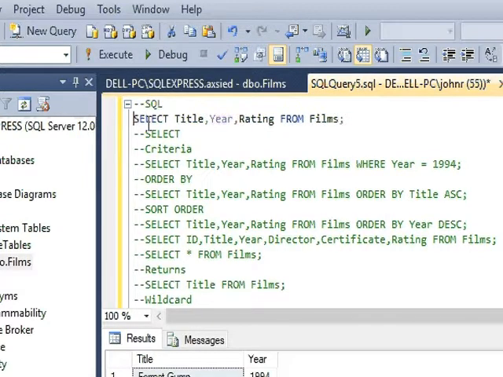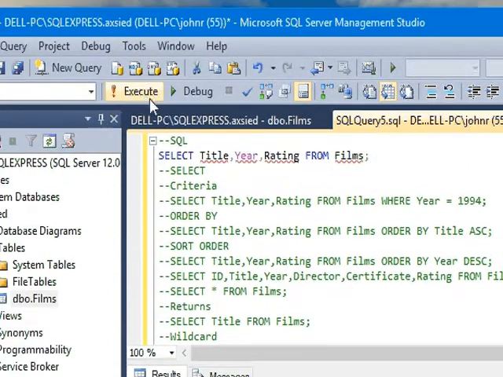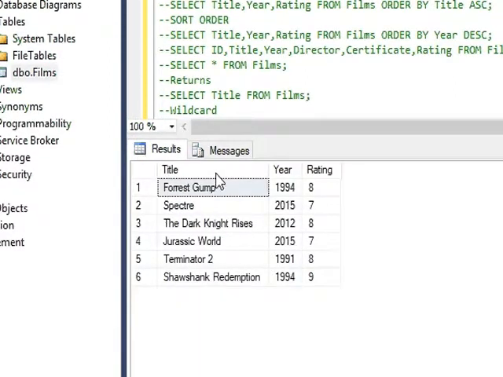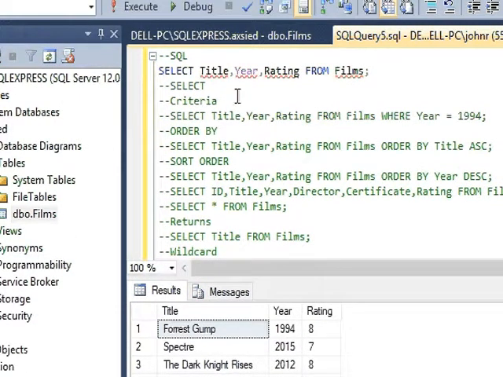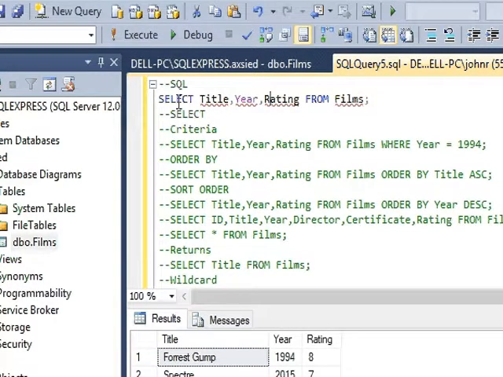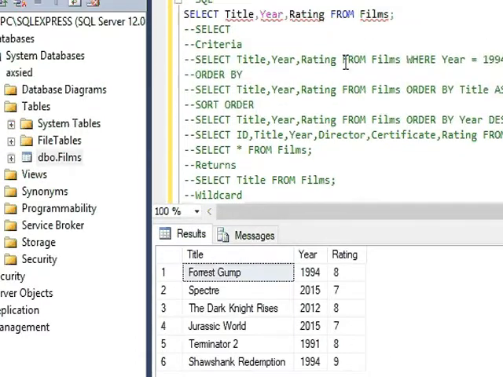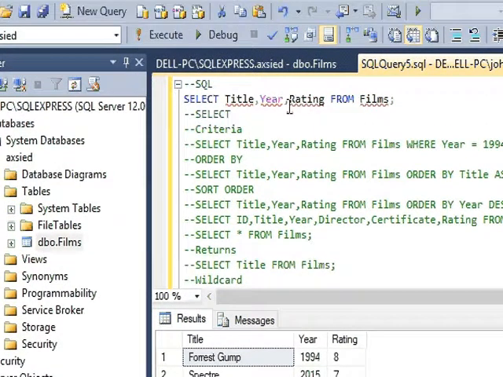So the first query is to select the title, year and rating fields from the films table. So if I execute this query, we can see we get all the records but only the title, year and rating fields. So SQL, the structured query language, is used to create a select statement, and select statements always return a table as a result. The select statements are generally used to